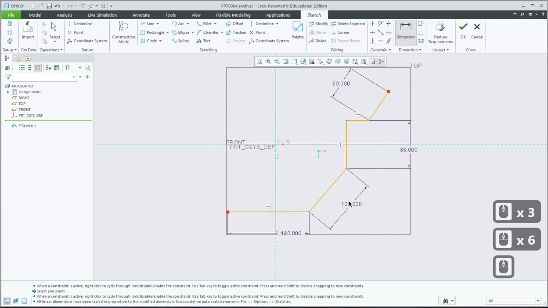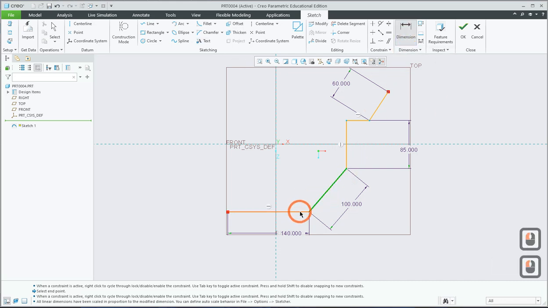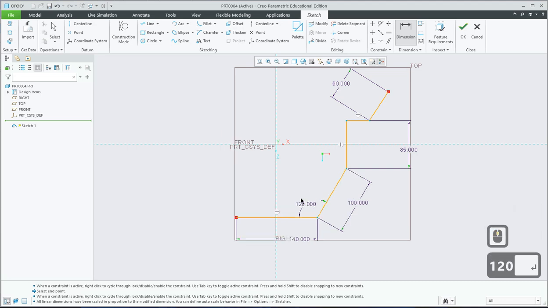Now you can also specify the angle. To specify the angle, you can use measurement and then pick two lines, one here, and then pick somewhere here, and it'll give you the angle of this one is 130. So let's make that 120. There you go, 120. Now you can put the angle here, or you can put the angle outside here, but